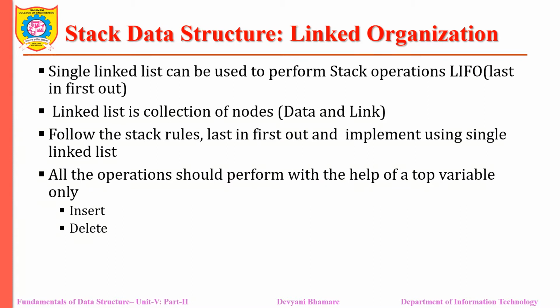We know that the linked list, or linked organization, is nothing but a collection of nodes. Every node consists of two parts. One part is called the data part and another part is the link. That link contains the address of the next node. Assume that we have a linked list with the element 10, and then it contains the address of the next element, let it be 20. Means in my linked list I have two nodes, 10 and 20. After 20 there is no node, so we say that this is null.